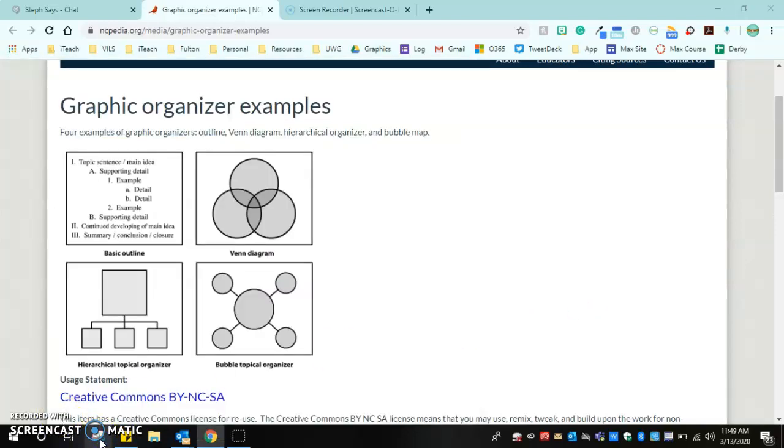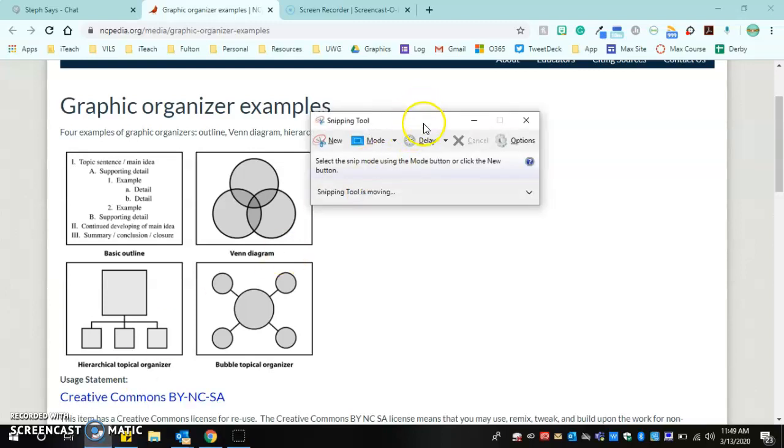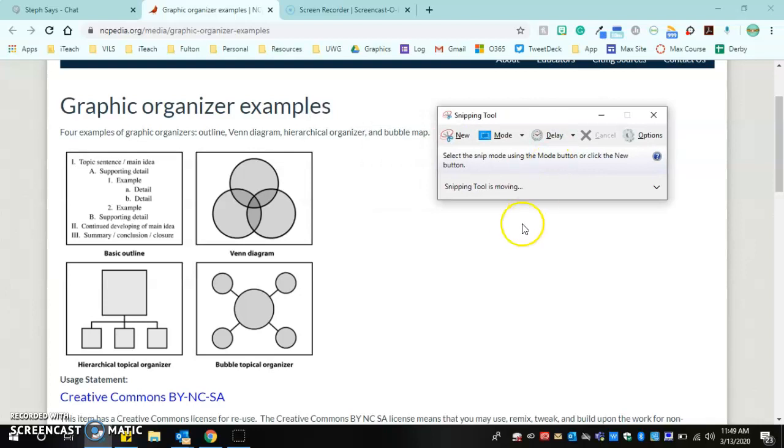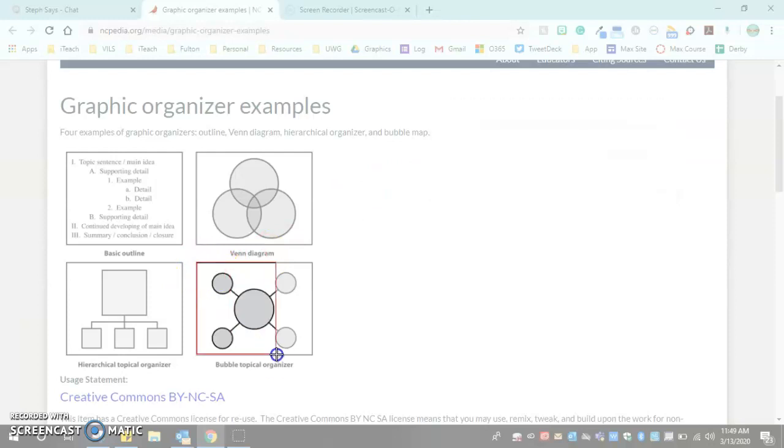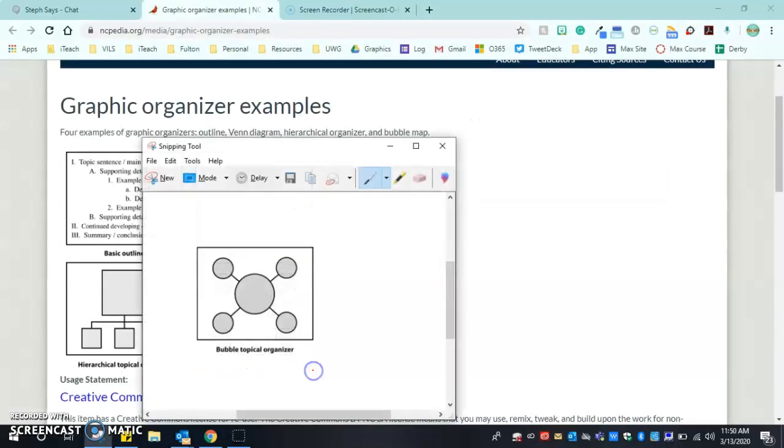And when it loads, it's just going to have a quick little menu. Okay. And all you have to do to start is click new. And as soon as you click new, it kind of mutes your screen a little bit. And then you just take your little cursor. And for example, for this one, I'm going to line it up so that it covers exactly what I want. And there we go. It snipped it, pops it up in a window,